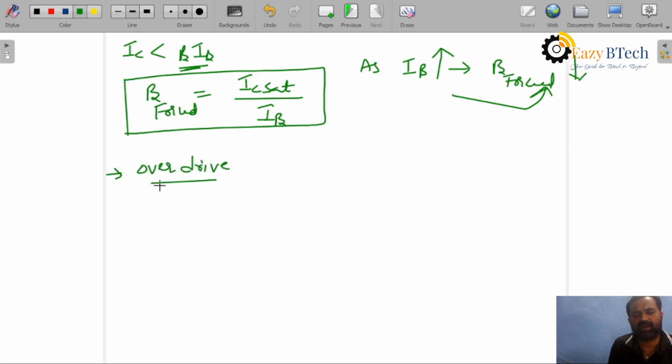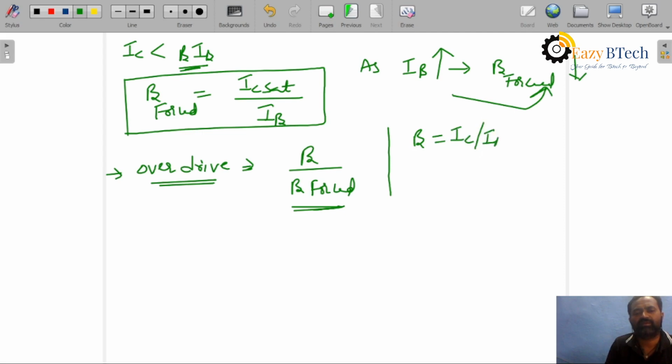What is overdrive? Overdrive is a ratio of beta by beta force. We know that beta is equal to IC by IB, which is normal, CE configuration based. Beta force is equal to the maximum IC saturation current by IB current. Now, this value, this overdrive,